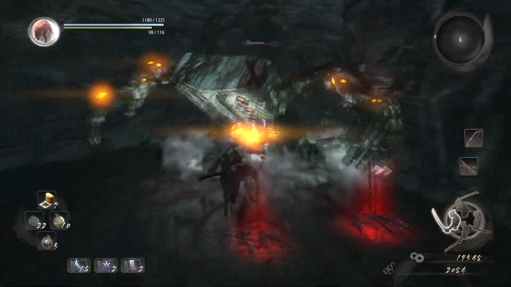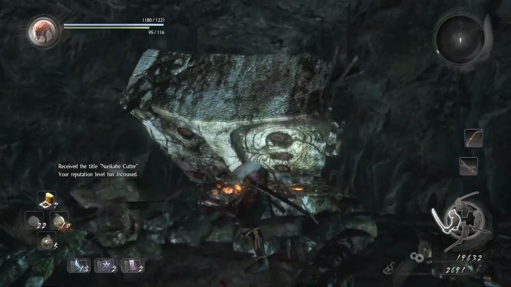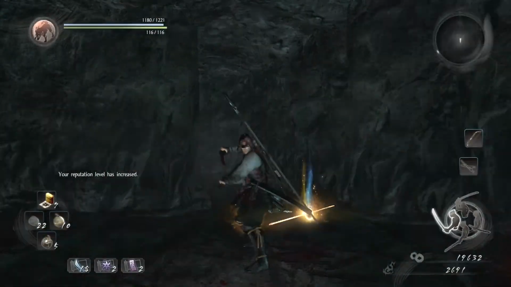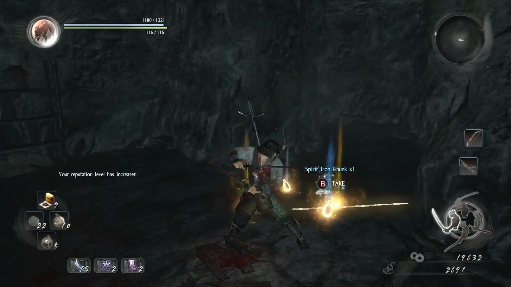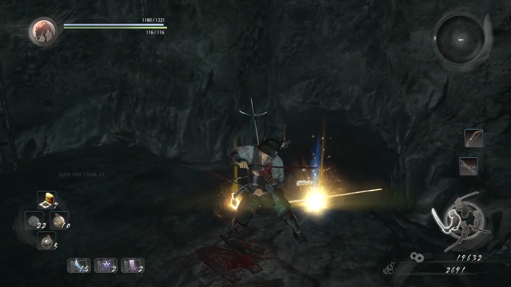So if you try to dodge the rocks, more often than not, you're definitely going to just die. There's almost no way to avoid them. He's that good at predicting where you're going to be and throwing them at you. So...